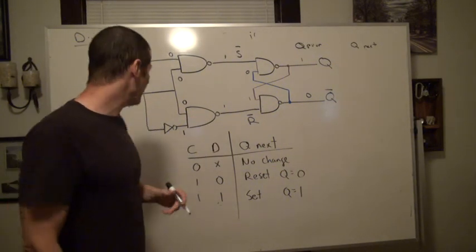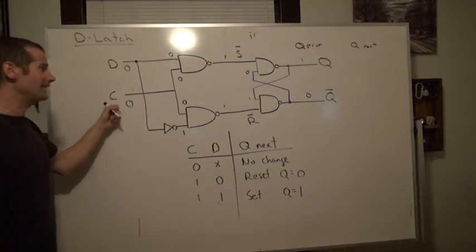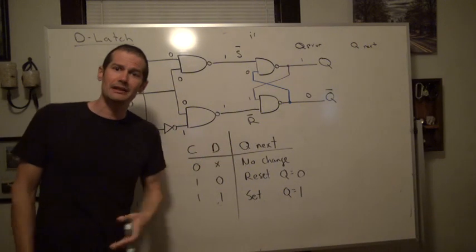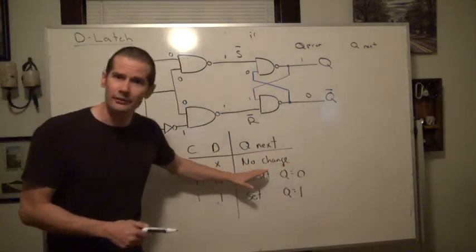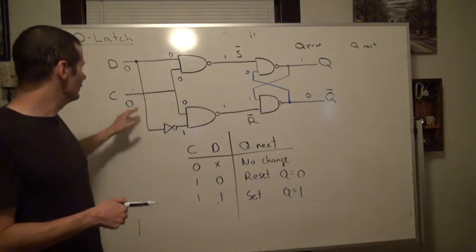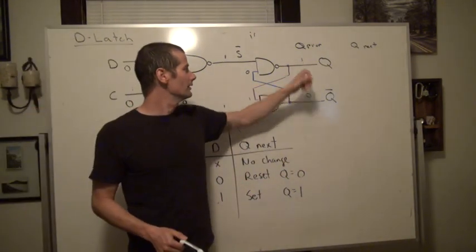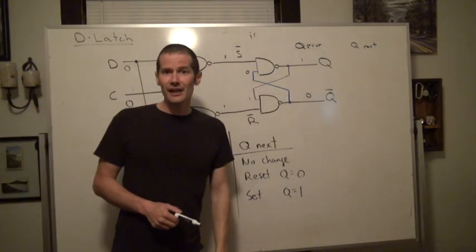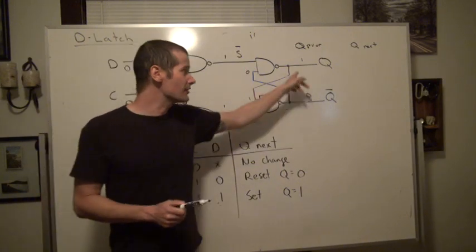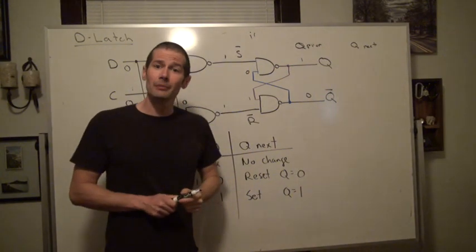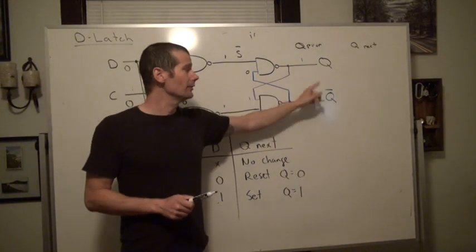And because of the fact that we did not enable the D latch to actually be in a set or reset phase, it was basically holding that, no change, then we were able to put a hold state in which no change happens, and these two values were not only held in memory, but they were also held